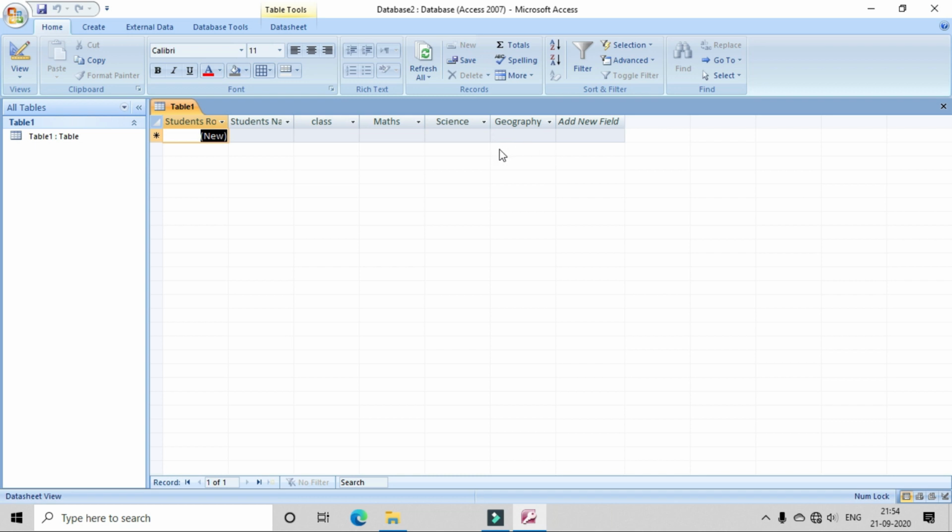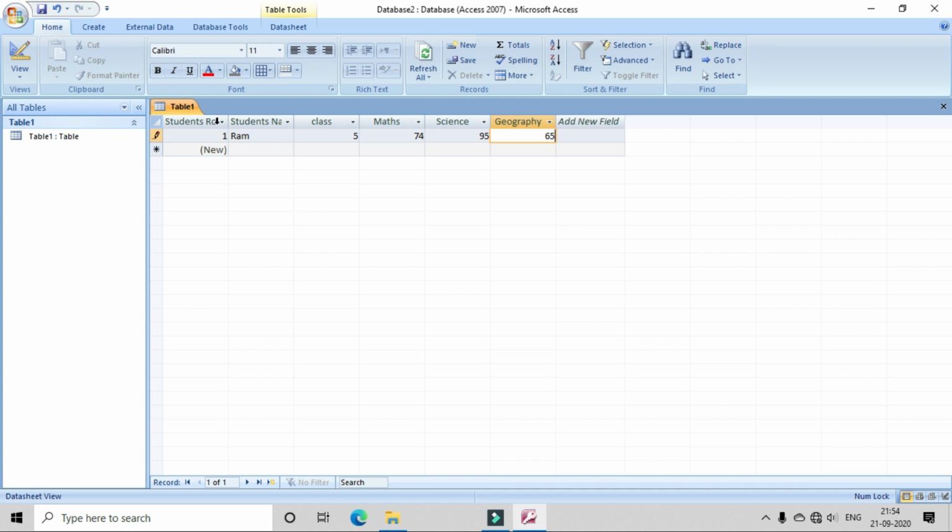Suppose the student's name is Ram. He is of class 5 suppose. In maths here I have got 74. Give any random data because I am just showing it to you. Now as I click, okay, here you are not able to click because primary key is given in this field, student roll number.